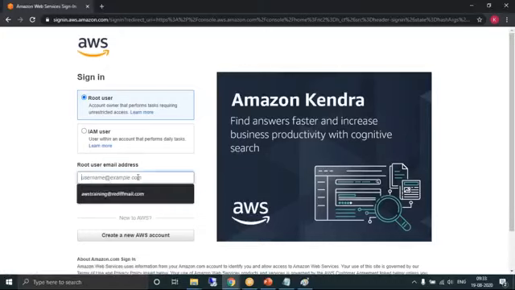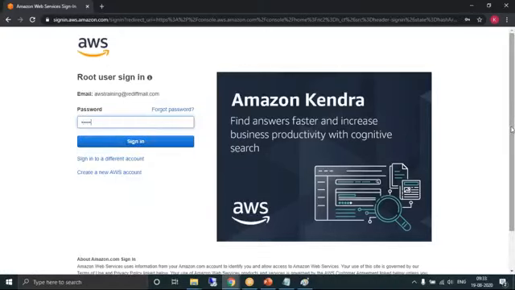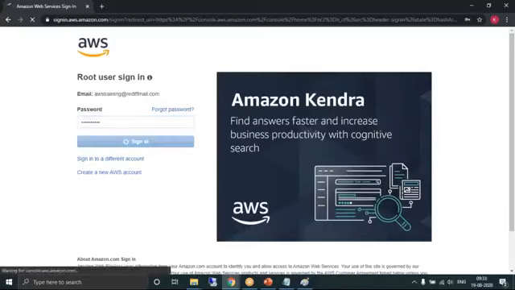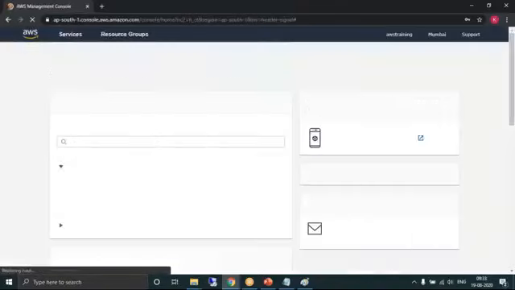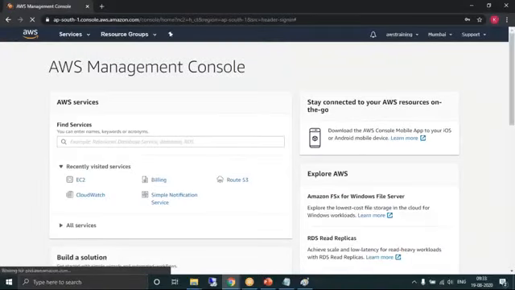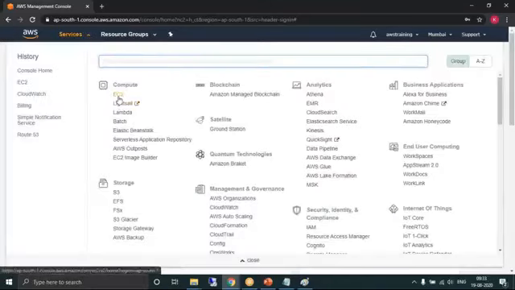We are learning on the AWS environment, isn't it? Yes. Services.